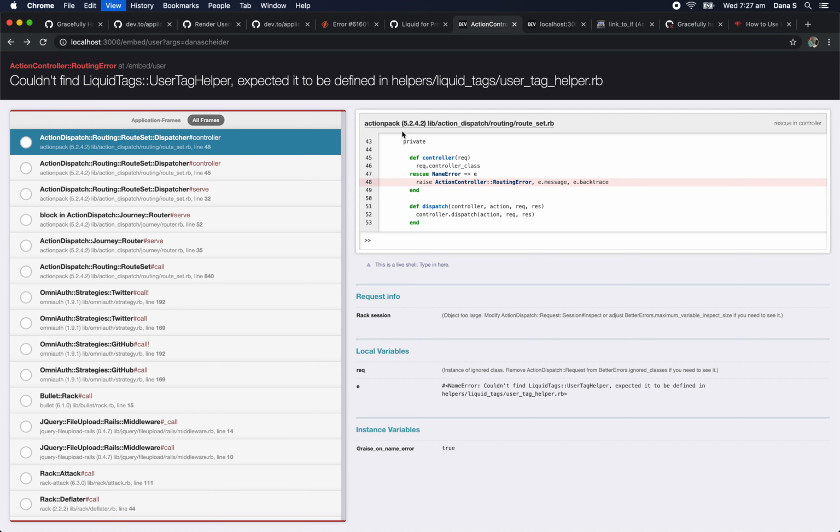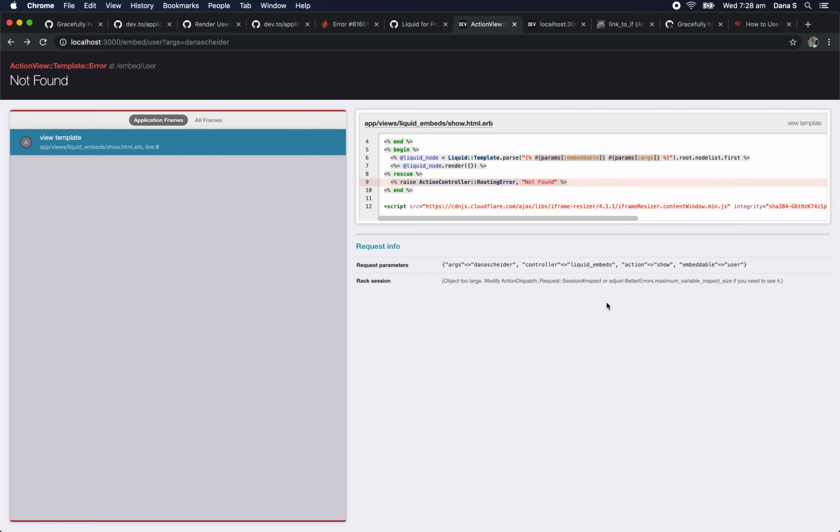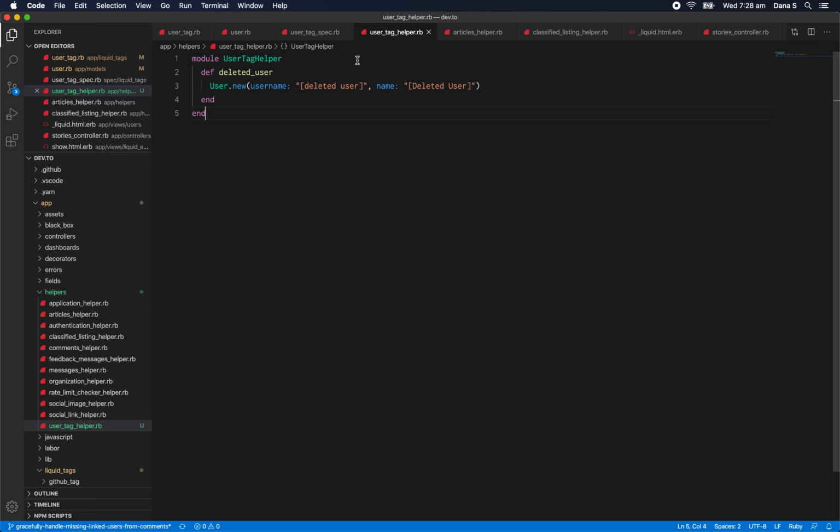Okay. Now we've got a different error. So, that's the same error that we were getting before. We had it in the... before we had that constant in the user class. So